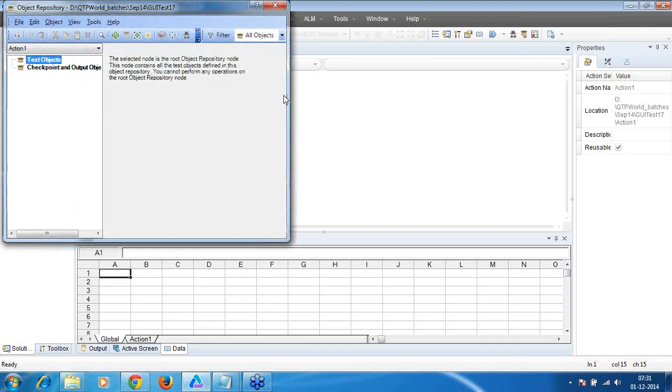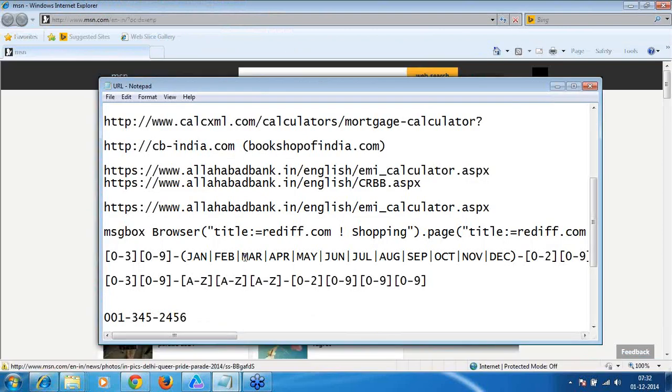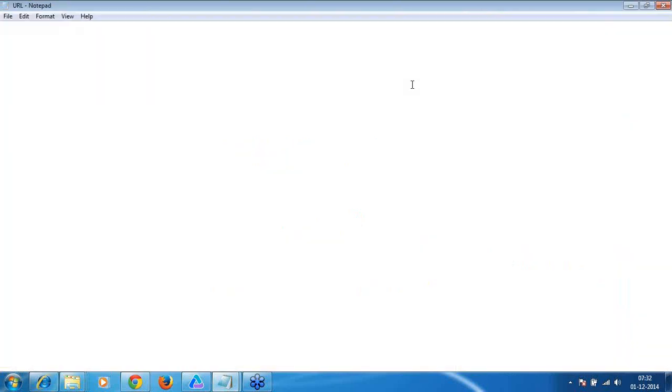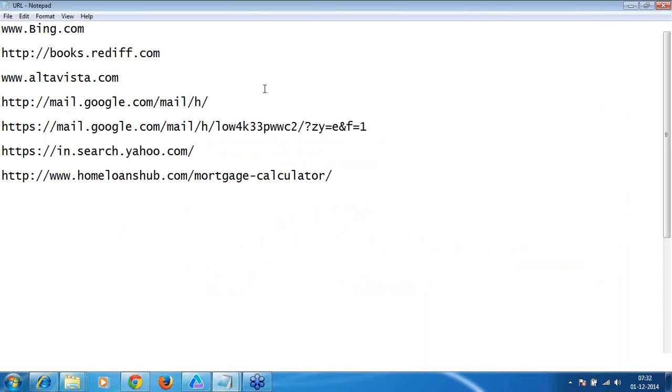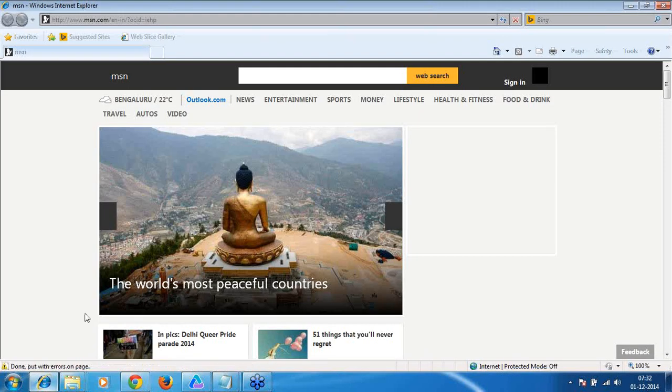Okay, as we discussed earlier in the day one class, the objects are stored in this area, basically the test object area. All the objects are stored. Okay, in an application, if it's a web application, say you want a recap of the objects you have already learned, let me open an application and show you what all kind of objects will be available.